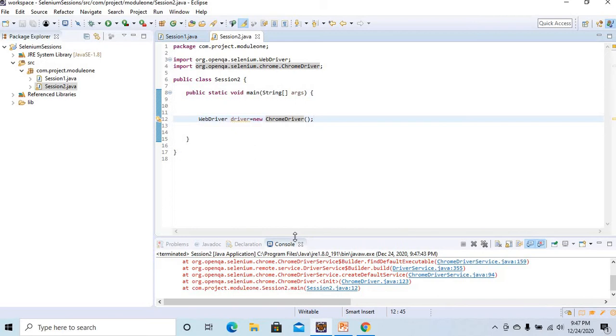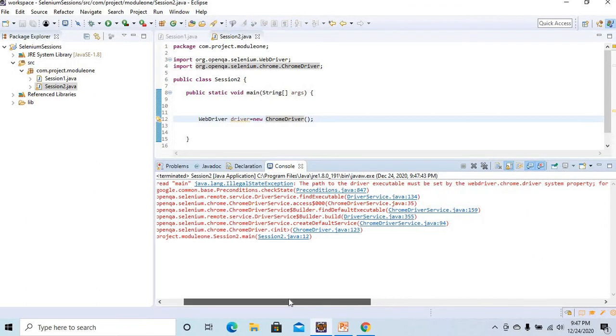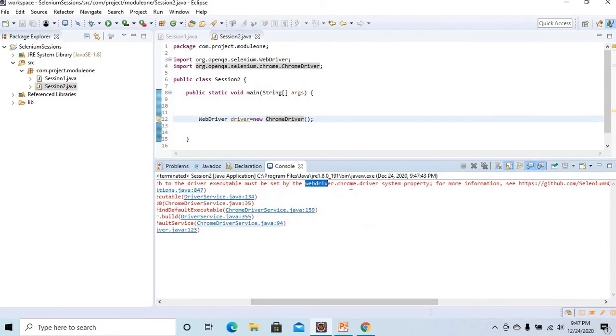Okay, now we got an exception. Let's see what it is saying. The exception says that the path to the driver executable must be set by the webdriver.chrome.driver system property. So it is expecting a system property to be set with the name webdriver.chrome.driver.